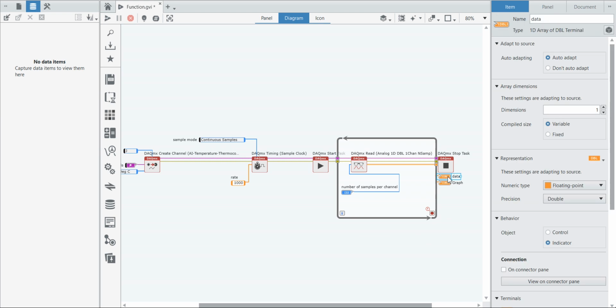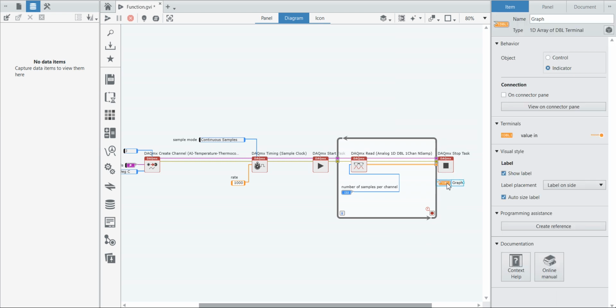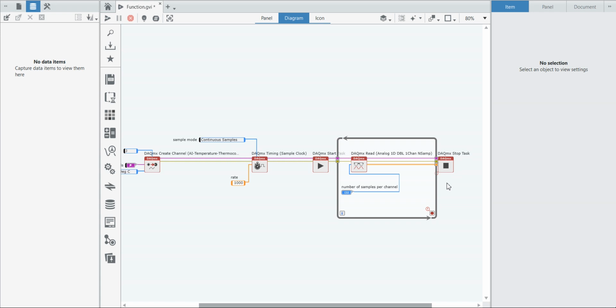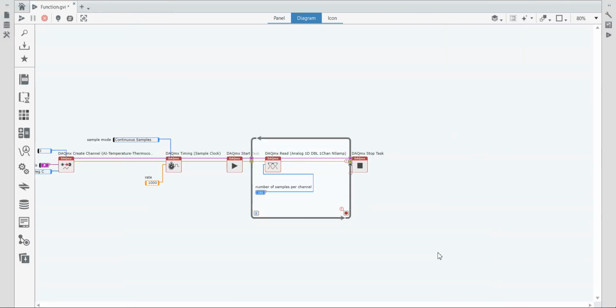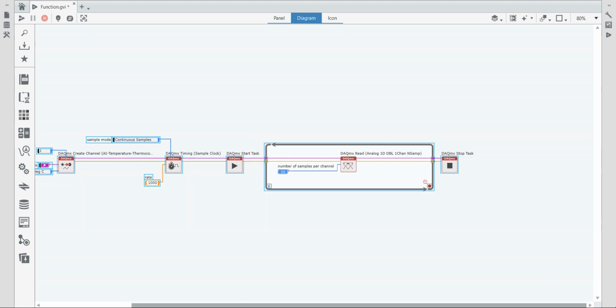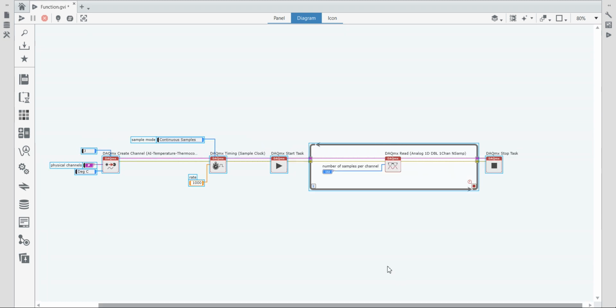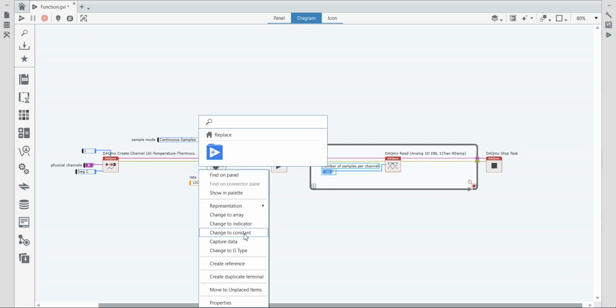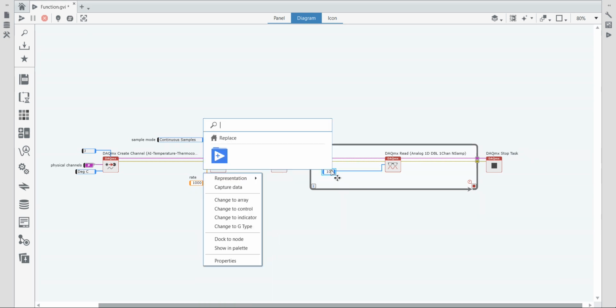I am going to delete this data and the graph also. Right click and delete. Let's press Control T. If I press Control T, it will look like this, Control U. Now I am going to change it, right click, change into constant.